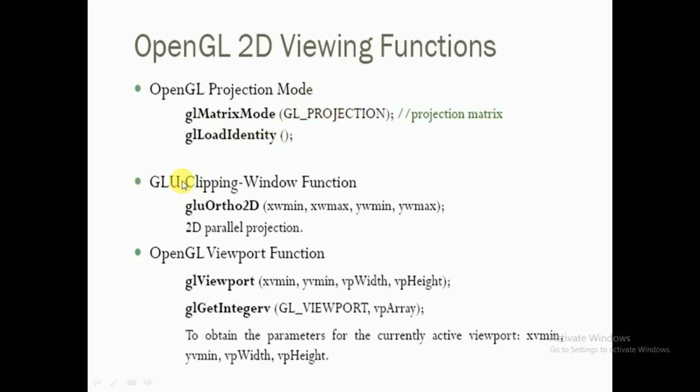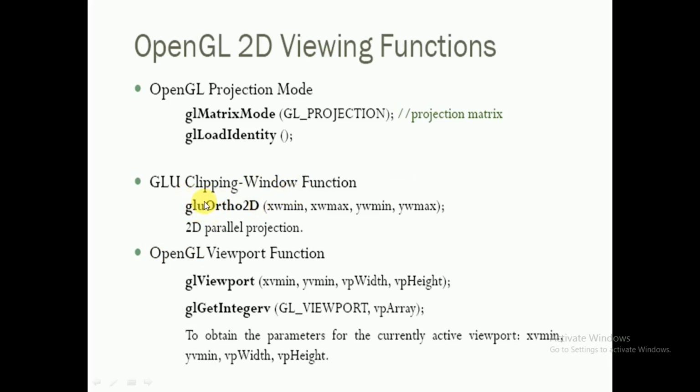Then after that, the clipping window function: which portion of that object you want to view. Whenever you are setting the camera, in a group you may be interested in only four persons, not in others. To do that, you adjust your lens in such a way that it covers only 4 persons from that group. If you want the entire group, again you adjust. That is what clipping means. The portion of the scene you don't want, you remove; the portion you want, you retain. That is clipping.